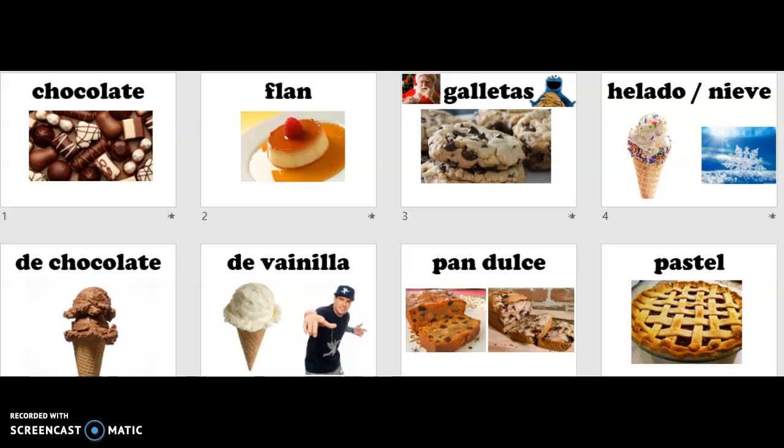Chocolate, flan. If you don't know what flan is, it's like a jiggly custard. Think maybe an airy cheesecake that's jiggly. Some people love it, some people hate it. It's very sweet. Galletas, helado. Some people refer to it as nieve, which is also the word for snow. You could have helado de chocolate, helado de vainilla, pan dulce, pastel,